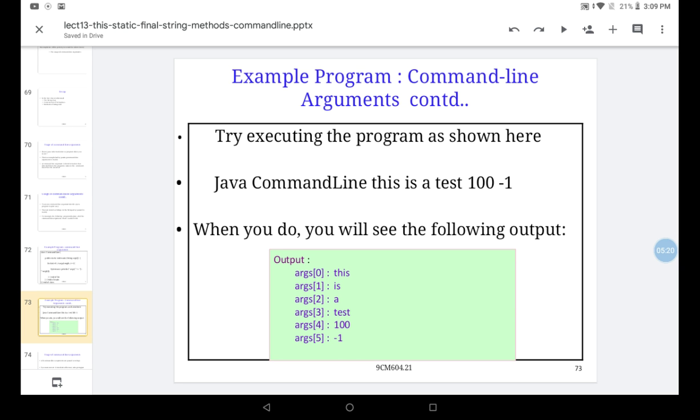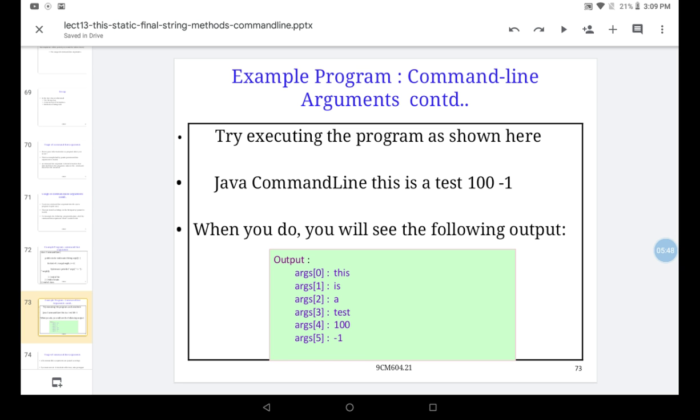So remember how we pass command line arguments to the program. The syntax is java, that is the interpreter, then CommandLine, your class name. After compilation we are now running the program: java CommandLine this is a test 100 -1. These are the command line arguments we are passing to the program.